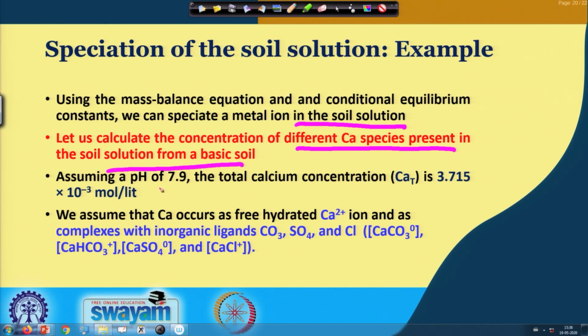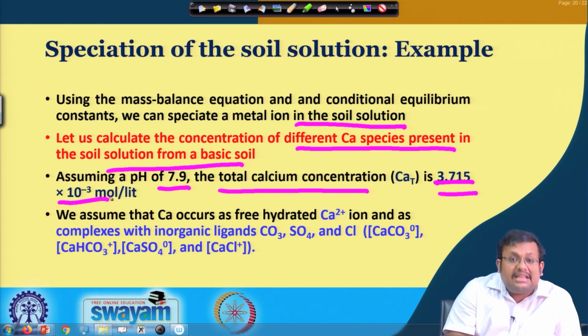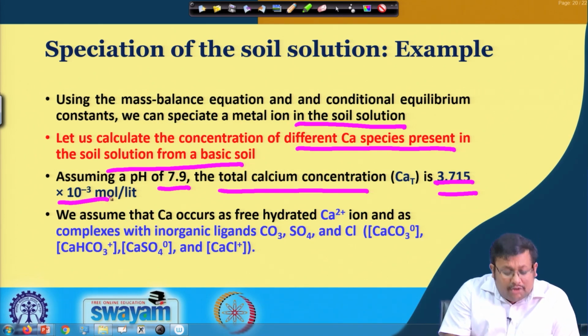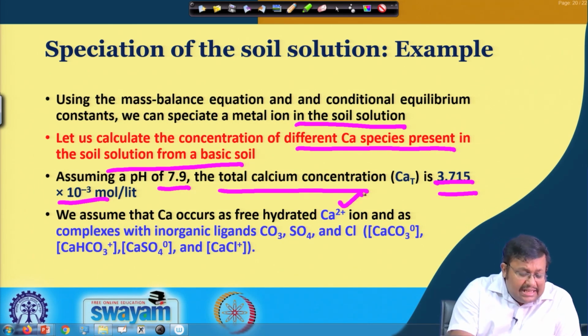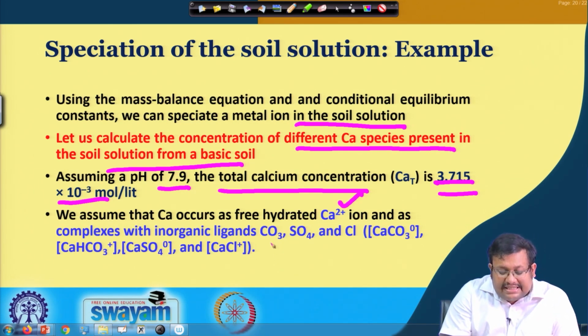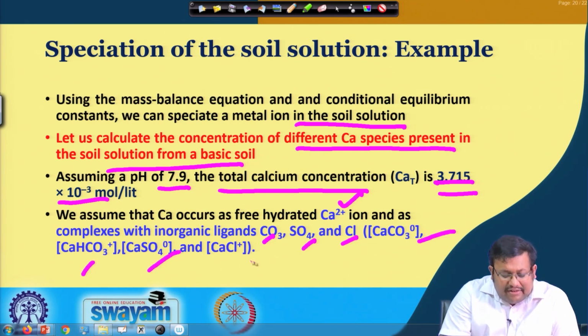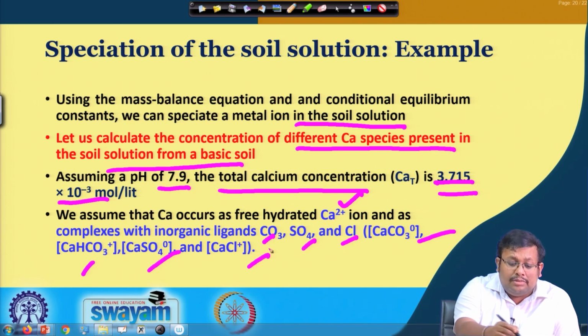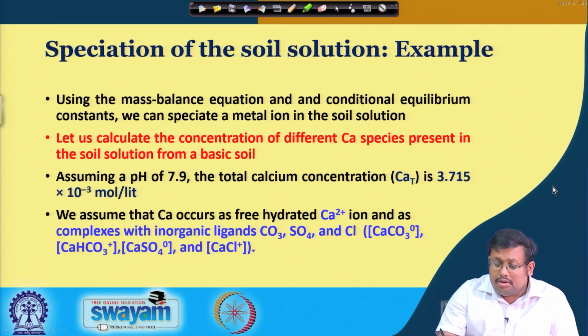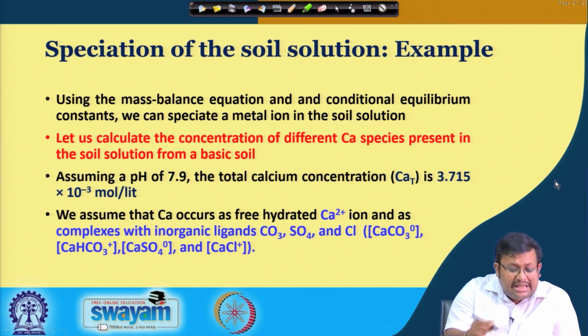So, assuming a pH of 7.9, the total calcium concentration is 3.715 multiplied by 10 to the power minus 3 mole per liter. So, we assume that calcium occurs as free hydrated calcium ions as well as complexes with inorganic ligands like carbonate, sulfate and chloride: calcium carbonate, as you can see, calcium bicarbonate, calcium sulfate and calcium chloride. Let us assume this. So, using the mass balance,